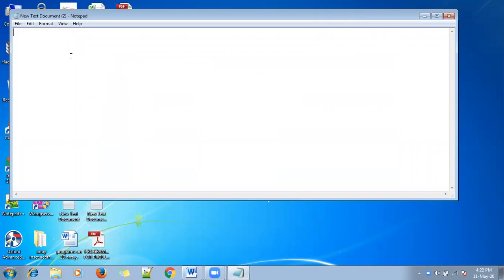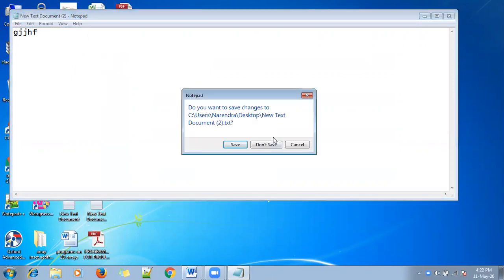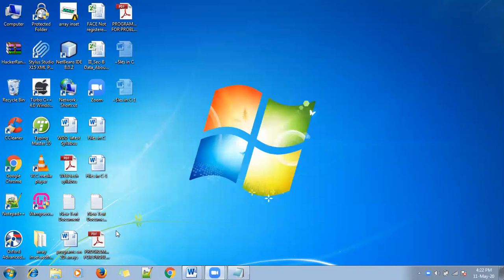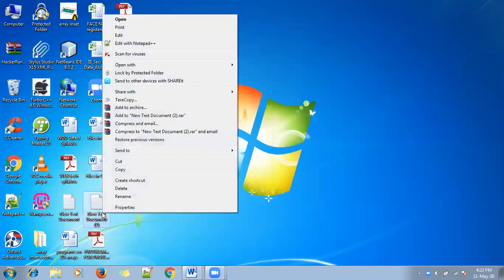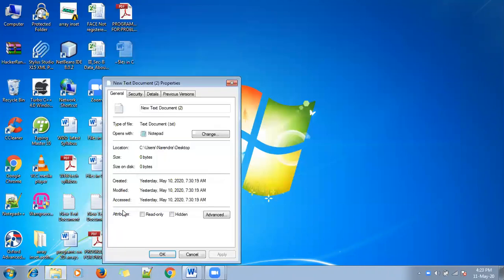In this file I can write a character. You can read some characters from this file, like H, G, F, J. This is an example of a .txt file. If you see the properties, it will show the .txt format.